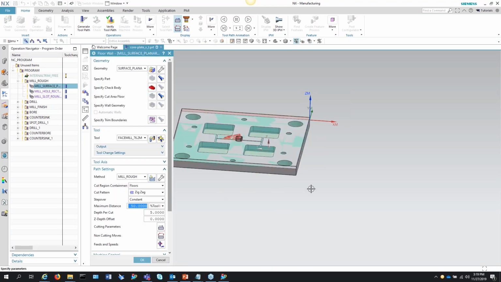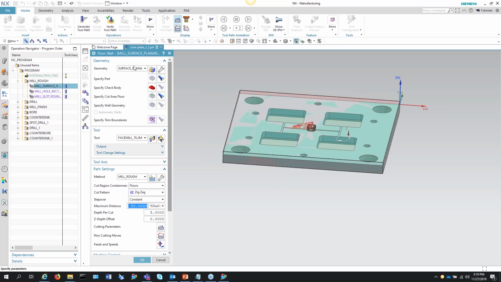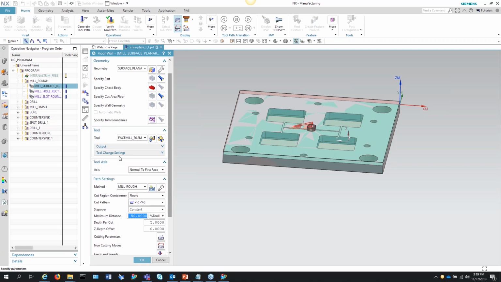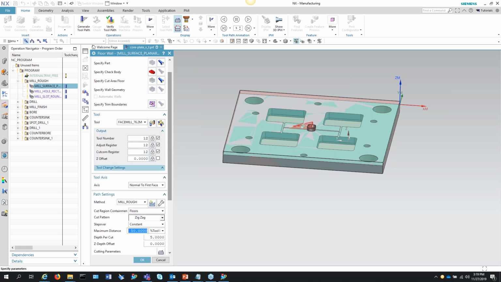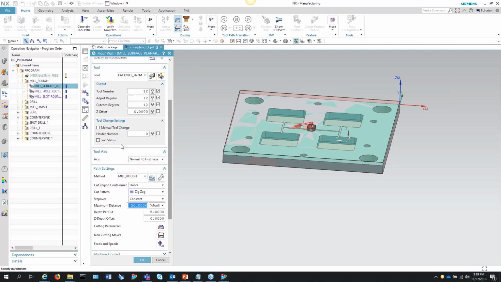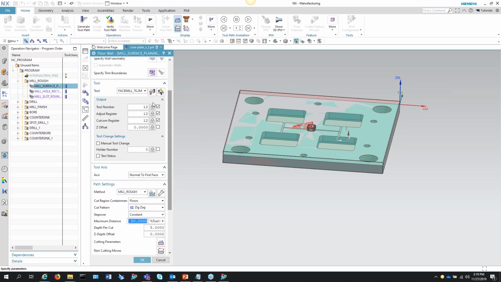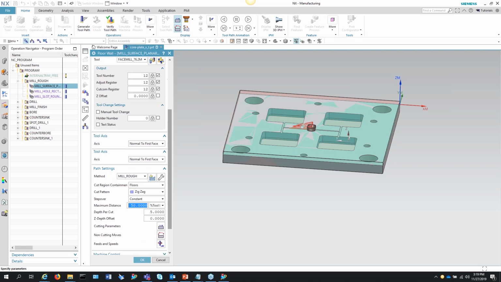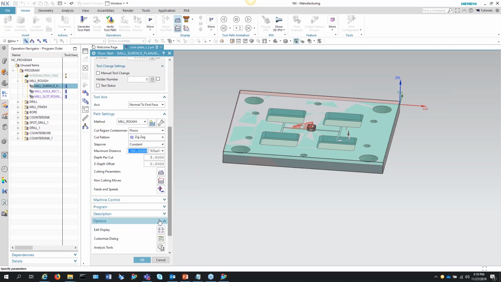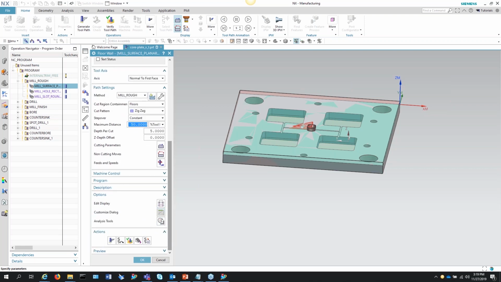So here's a standard face floor and wall milling operation. You see you have all these different parameters, these different options available to you, these different drop downs, outputs, etc. So if I want to go in here and customize, say I don't want output to be involved in this dialogue anymore. I want my tool number to be pulled from the tooling information, my adjustment register, tooling information, cutcom register, tooling information. So if I wanted to customize that out of there, I would go into options, customize